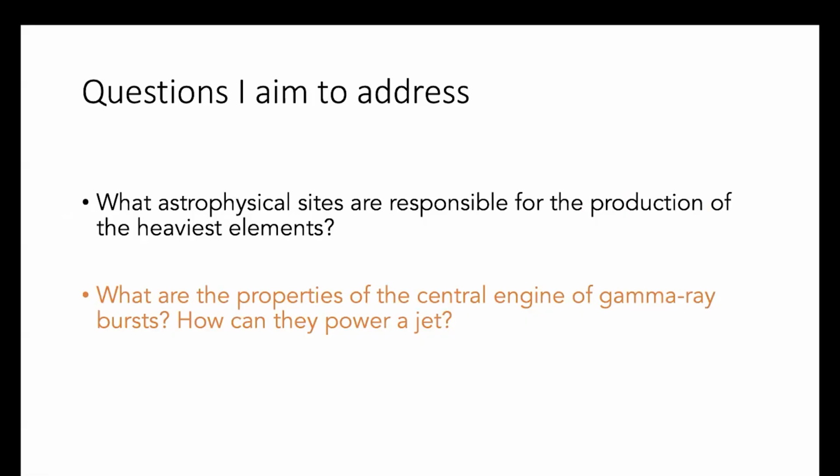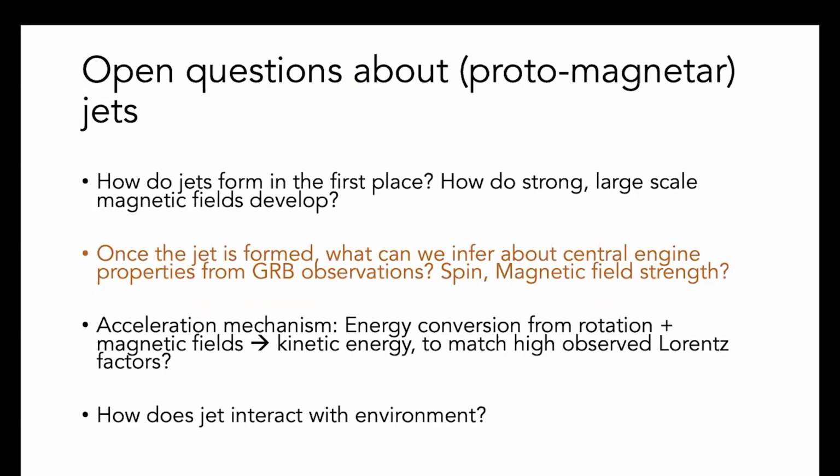So the first one, again, I'm not really focusing on in this talk, but it is another focus for my research. And in this talk, I want to look at the properties of the central engine of these bursts and how they can actually power a jet, the properties of proto-magnetars in particular. So here are some open questions in general about these jets. How do they form in the first place? What are the ingredients? How do we get the ingredients that are required in the first place? The appropriate magnetic field strengths, the rotation rates, the neutrino heating,